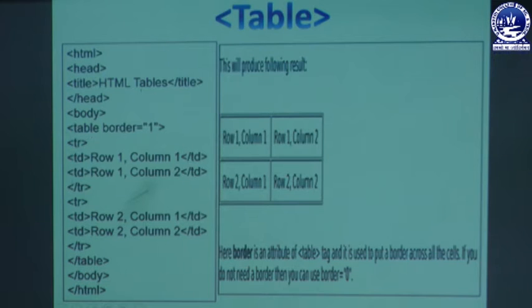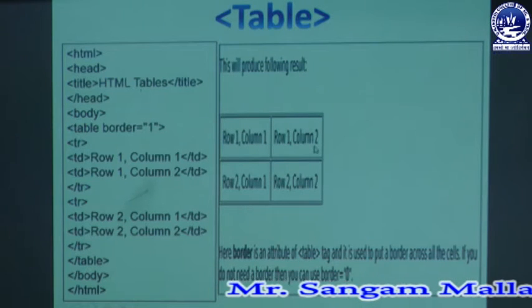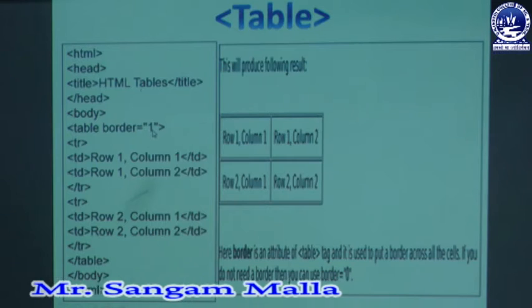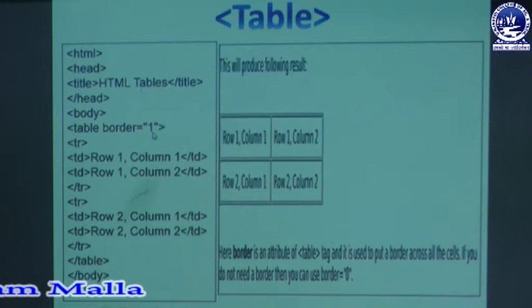So within the body tag, we have another table tag in which we have specified a border equal to 1. So what is the use of border attribute over here? So border attribute is used to define the border of the table. So if we do not specify anything, then all the values will come in table form, but the border will not be displayed. So 1 is the value of the border attribute. So we may increase the size of the border as per the requirement of the program.